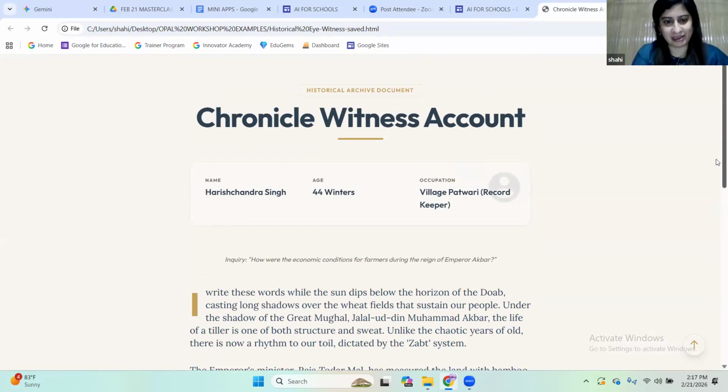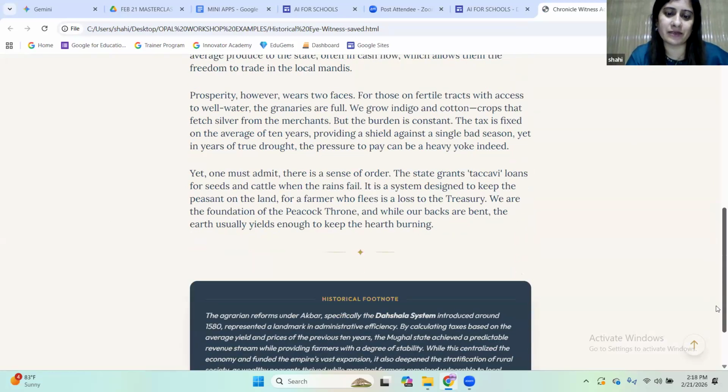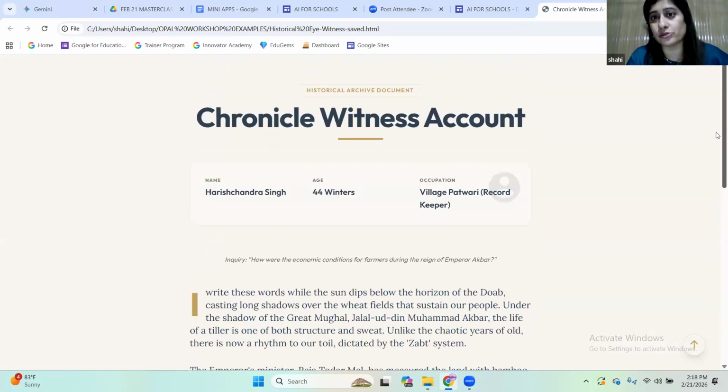So it has given me that situation here in a very nice format. Again, this is a web page, and manual layout is also possible. And if you cannot embed it, let's say in Google Sites, you can also copy paste it. There is no issue in it. It can also be done.